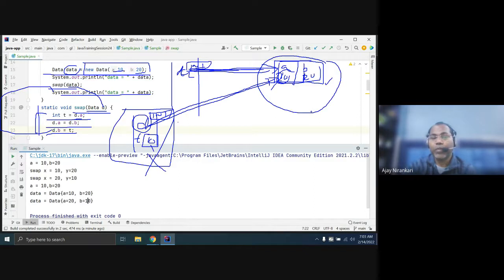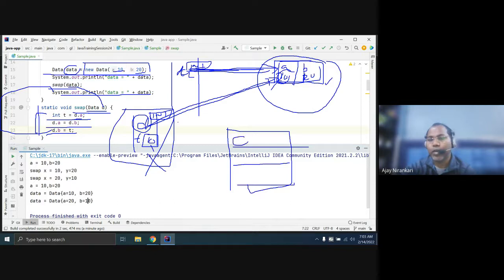Whenever you pass a primitive value, the only change is in the stack frame. They have their own copy of x and their own copy of y, and the value is changed only there. Whenever the method completes, this stack frame is destroyed. There is no impact on your main stack.